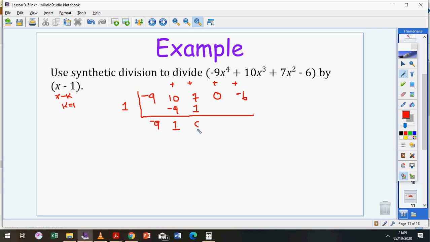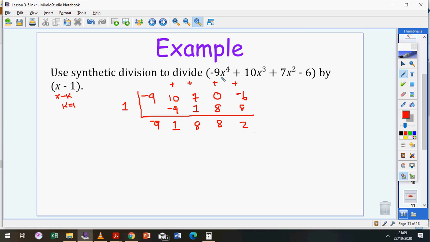8 times 1 is 8. Write it under the next column, and then add this column to get 8. 8 times 1 is 8. Write it under here and then add. Negative 6 plus 8 is 2. This tells you that your remainder is 2, because the last number you get in this position is going to be your remainder. So remember, I know that since the biggest power of the polynomial was x to the power